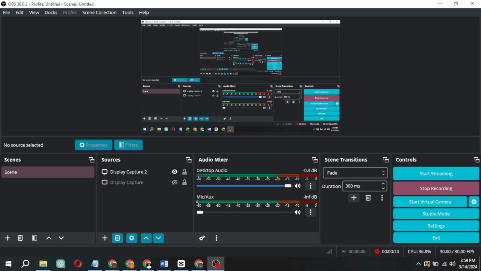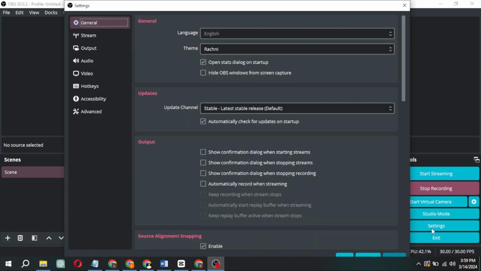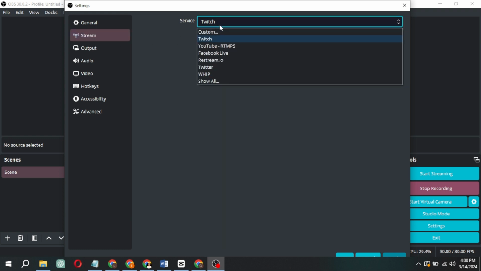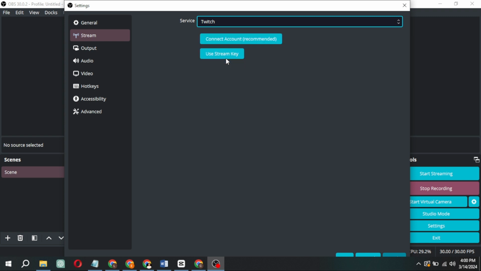Let's dive right in. First, ensure you have OBS Studio installed on your computer and open it up. Once opened, navigate to Settings and then into the Stream section. Here, choose Restream.io. It allows you to broadcast to multiple platforms at once, while handling all additional bandwidth and resources